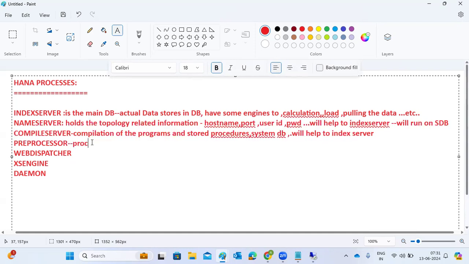Preprocessor here, processing the unstructured data, like text data. Anything that comes in is not in the structured format. Because the database is written in the C++ language, sometimes data comes to your HANA server without any proper structure, without anything. In that case, what will happen here? So, to process the